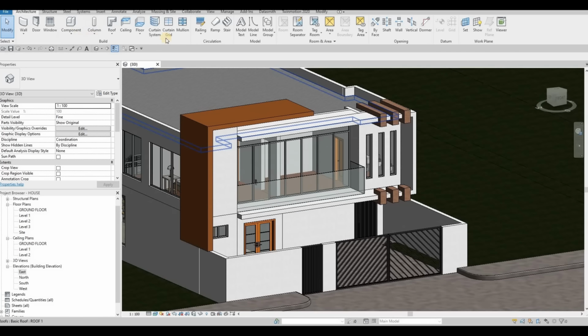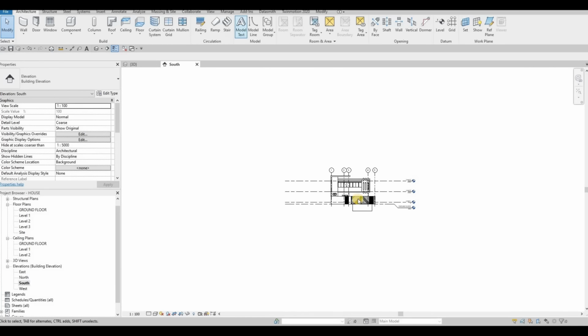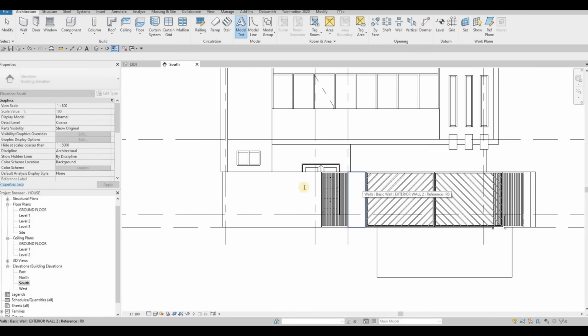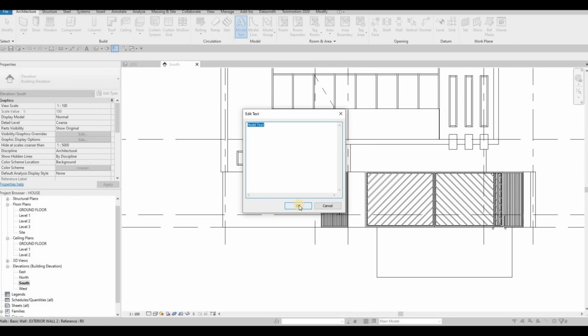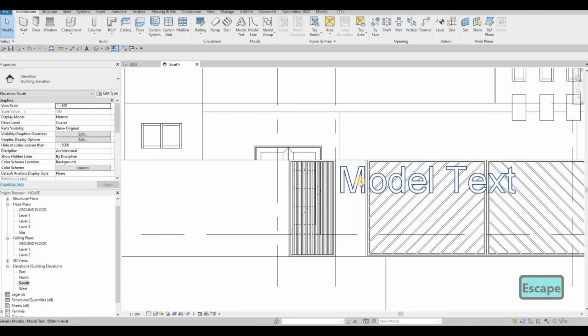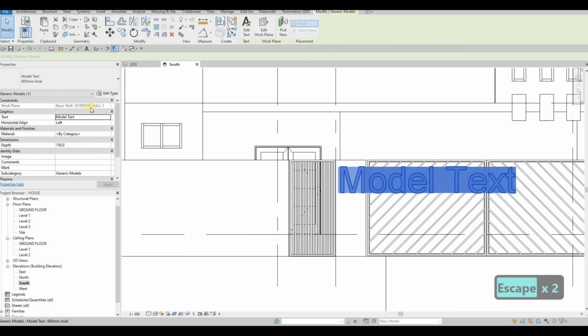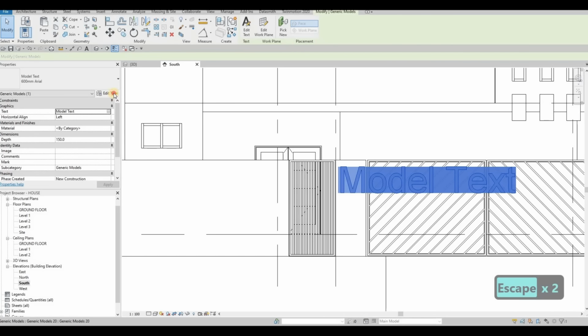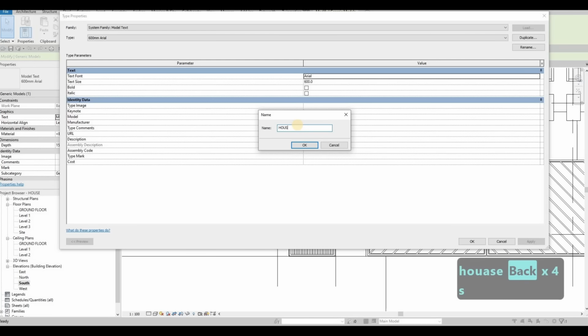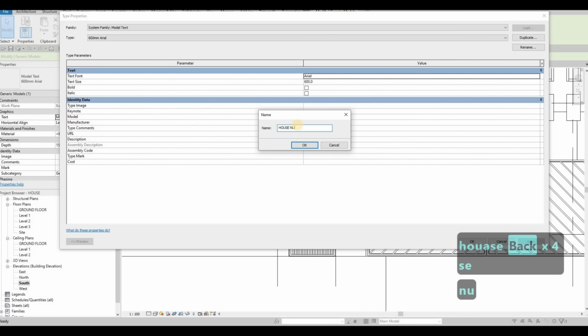So what I'm gonna do is to go to south elevation, and then we have a model text right here. Pick a plane, and then we're gonna select this right here, click on OK, and then just place it right there just for placement for now. Select that, edit type, and then duplicate this. This will be our house number,